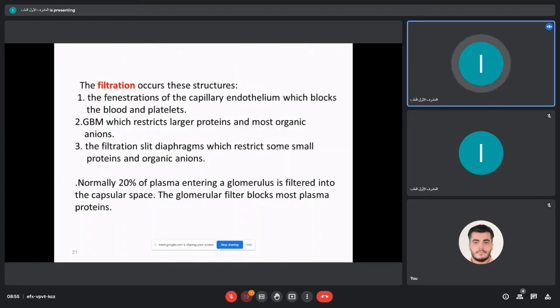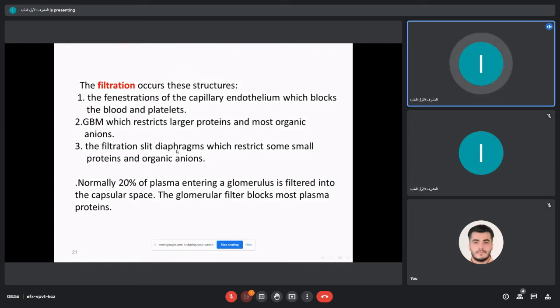The filtration again occurs through the fenestration or the holes of the endothelium. And this is important because it blocks all the blood and platelets and large cells in the blood. The glomerular basement membrane is the most important part of the filtration barrier because it separates the blood and the capsular space, and it holds the most organic anions and the large proteins, preventing them from passing into the urine. And lastly, the filtration slit, which is formed by